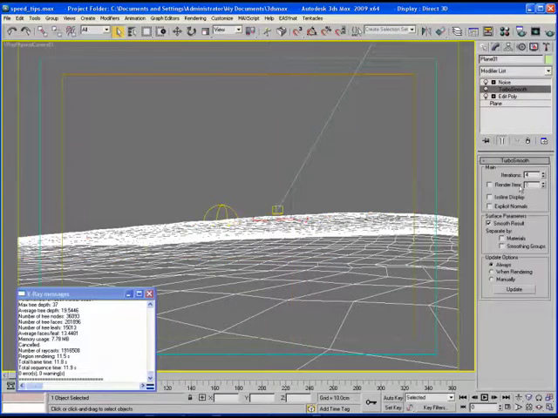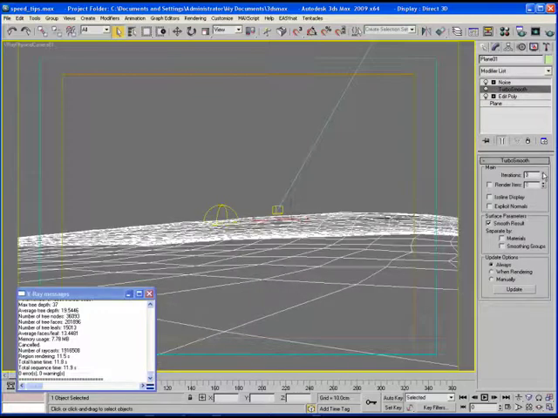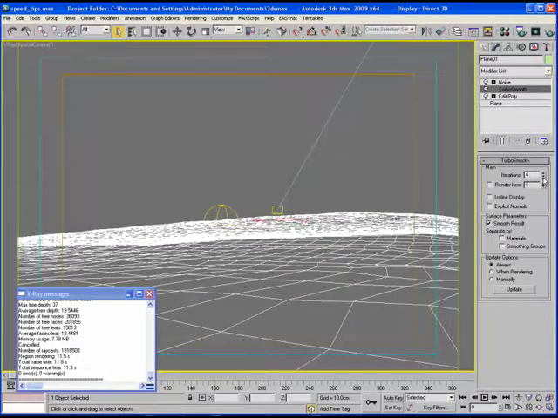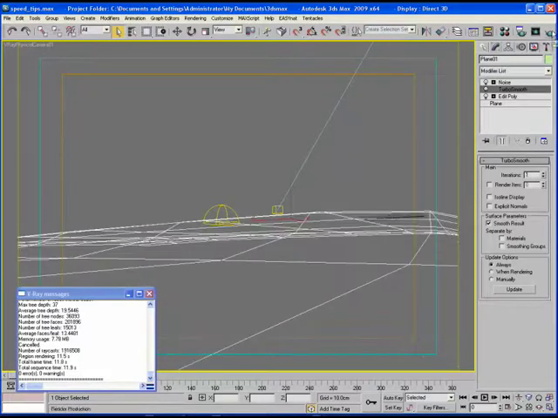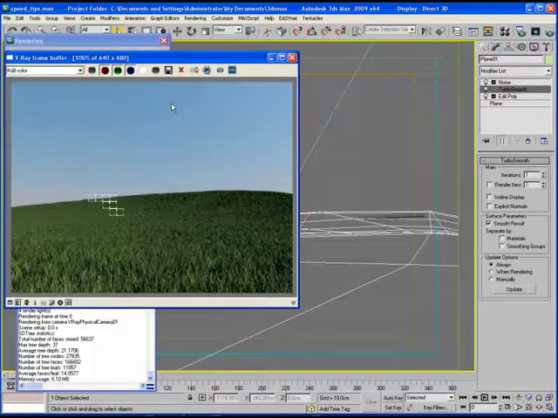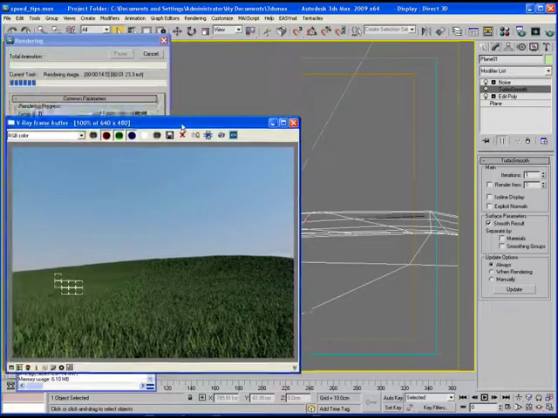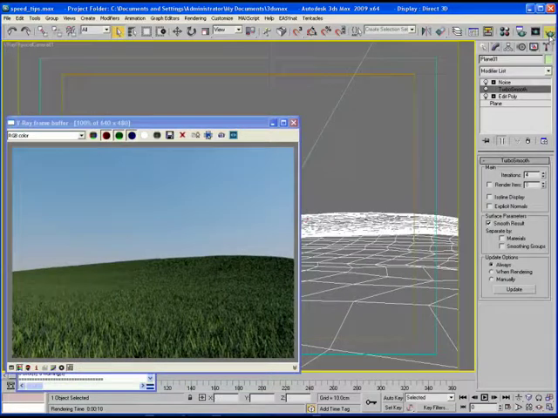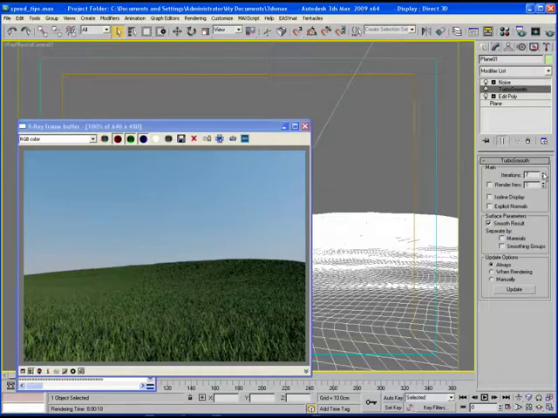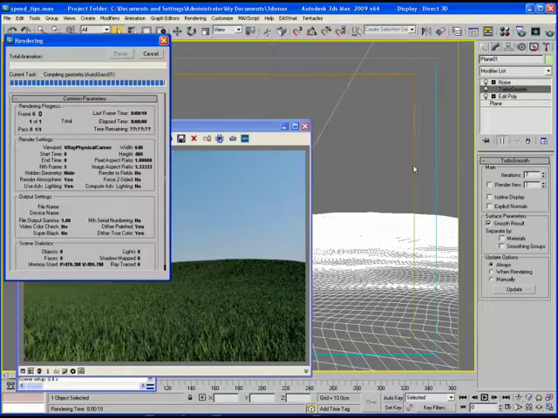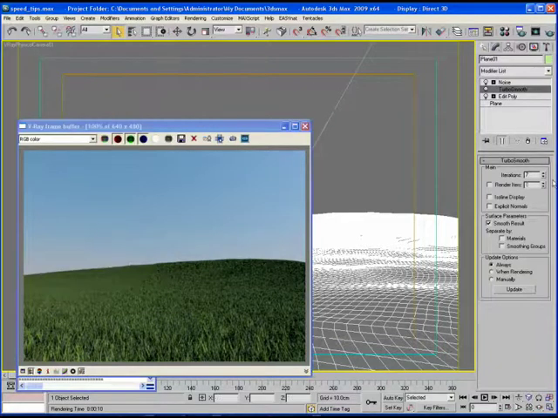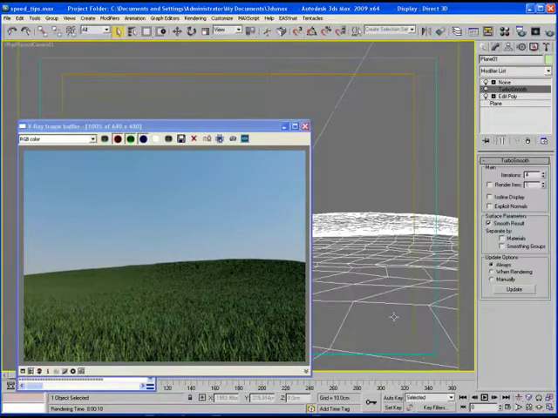If I go down to my turbo smooth, I can adjust how many polygons I'm using in my ground plane. And you'll find that there's kind of a sweet spot here again that gives you the fastest speed. So if I bring my polygons way down and do a render, it's still rendering reasonably quickly, but it's actually taking a little bit longer than if I subdivide my ground a little bit. So if I bring that back up to 4, for example, the ground looks nicer and it's actually rendering a little bit faster. But if I subdivide it even more, if I go crazy on it, then it's actually going to affect the speed a little bit and render a little bit slower. So you get the best speed out of Autograss by having your ground subdivided a little bit, about this much,